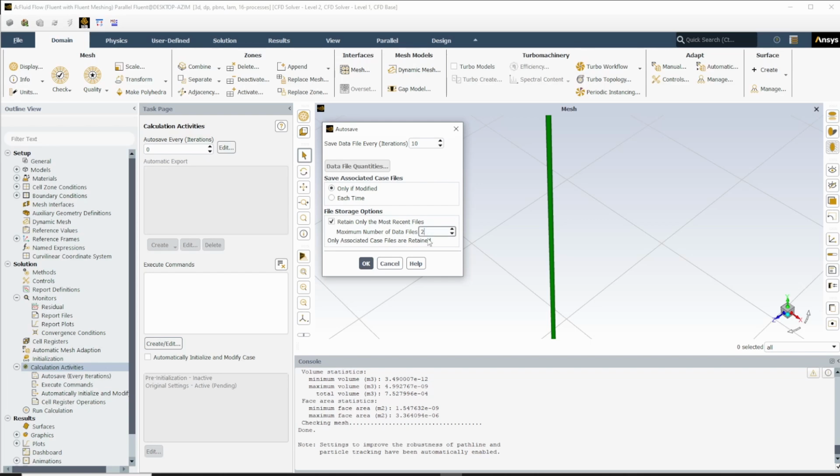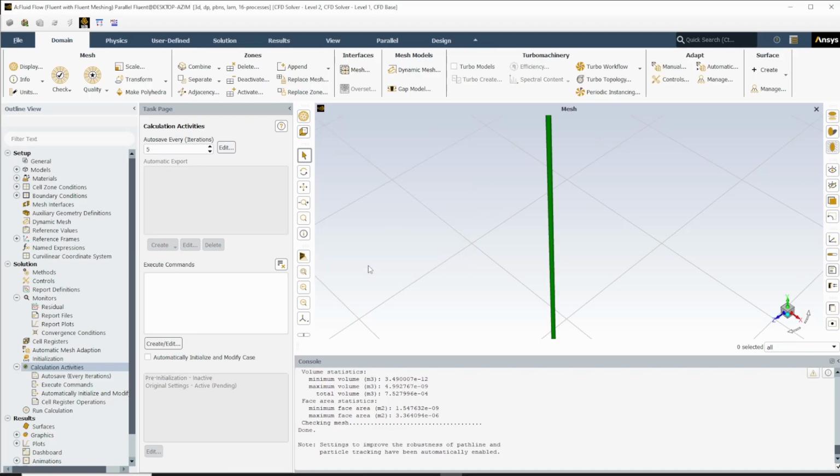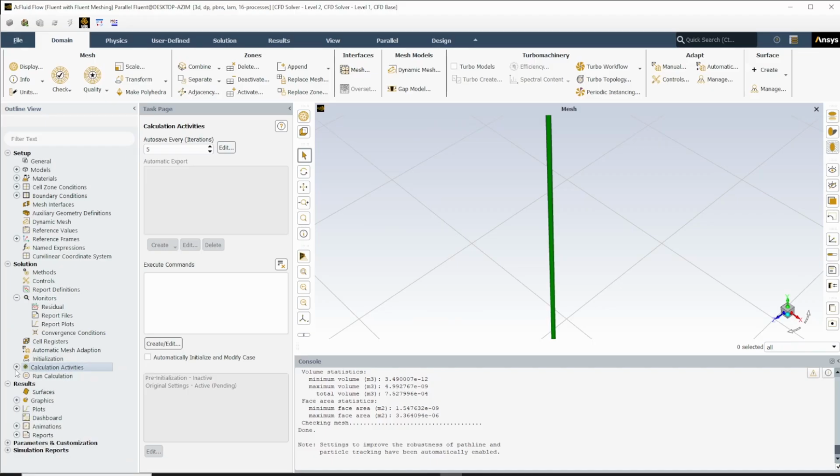So the data files that we will save will be 2, and we will save the data after every 10 iterations. And let's set this as 5, because I don't think that the simulation will run for that long. Click OK, and then once this is done, we can initialize our